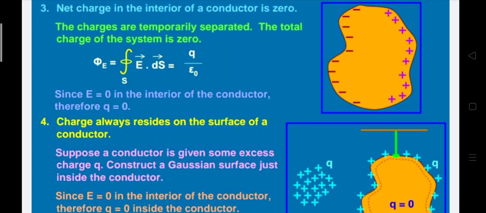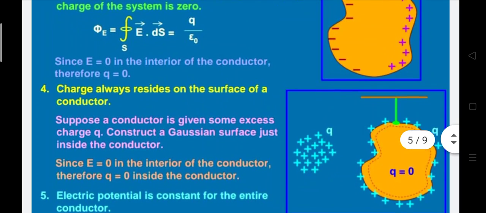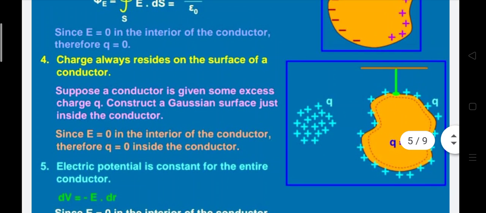All the charge present on the conductor is always on the surface of the conductor. Whatever charge we are giving to the conductor, it is always present on the surface of the conductor. Suppose a conductor is given some excess charge Q. We construct a Gaussian surface